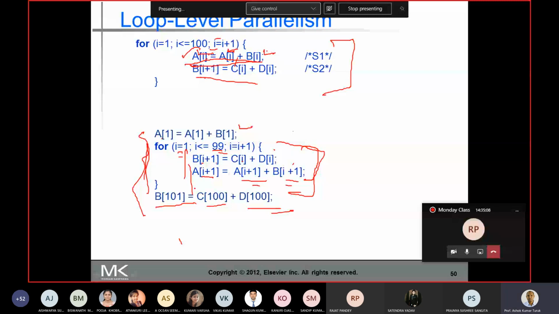Okay, sir. So can we say we can use any independent statements to cater for the inter-loop or intra-loop dependency stalls? Yes, actually when it schedules, it looks only for independent statements, and you rearrange the independent statements such that the stall is minimized. Okay, sir. Got it, sir.